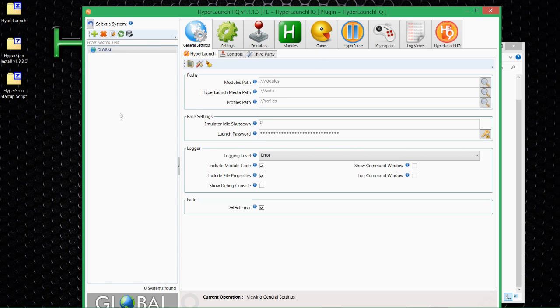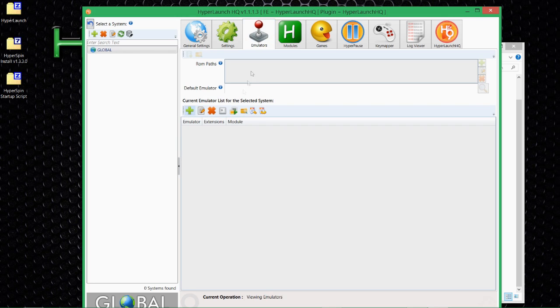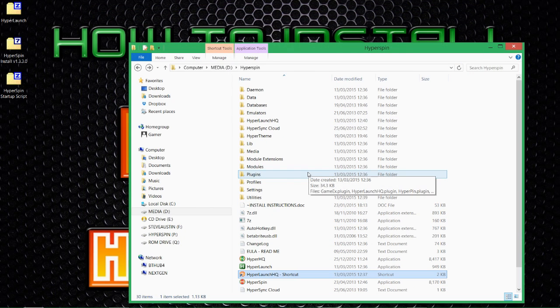Normally in the drop down box on the left hand side you will have a list of systems that you've got already configured on your list. A list of emulators that you've got running. But let's try and get this set up. From what I remember now, if we was to go into